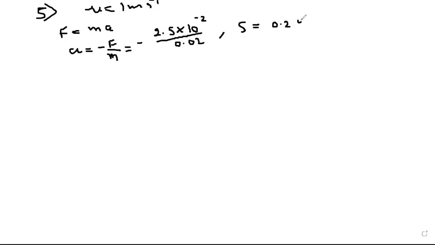So after that, we use the kinematic third relation, velocity displacement relation. v square minus u square is equal to 2as. Now use this equation. So v square, now you know the initial velocity is 1. 1 square is equal to 2, and